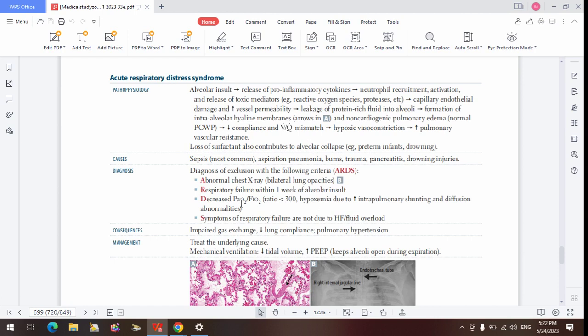There's going to be respiratory failure within 1 week of the alveolar insult. Because it's an acute process, it doesn't take 2 weeks, it doesn't take 3 weeks, it doesn't take a month. It happens almost immediately. So within a week, you are going to see symptoms of respiratory failure. What are these symptoms? Dyspnea, difficulty in breathing, tachypnea, cyanosis, that's going to be appearing blue, hypoxemia when we do the blood gases analysis. Those are features of respiratory failure in response to the alveoli injury causing the VQ mismatch.